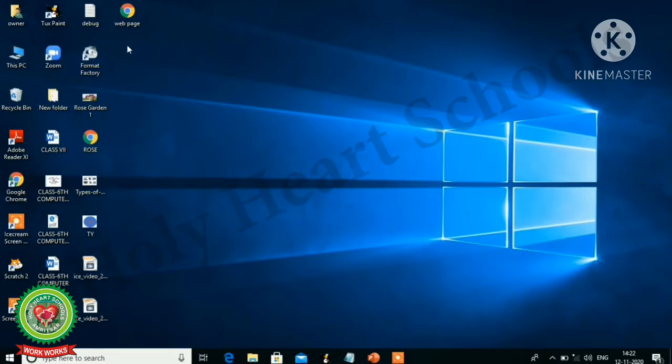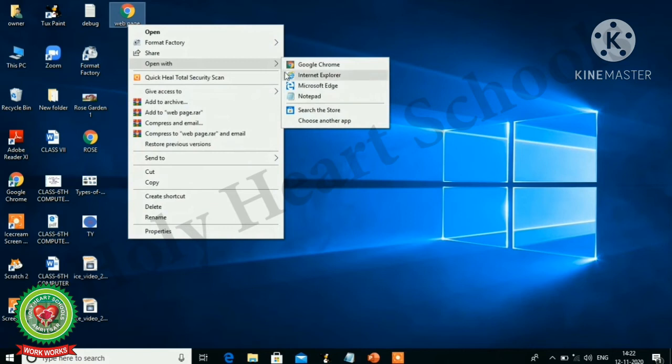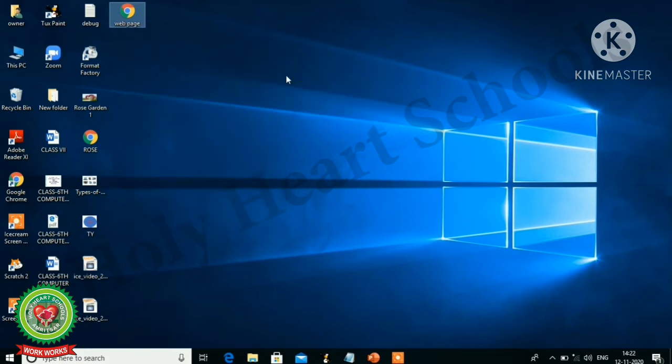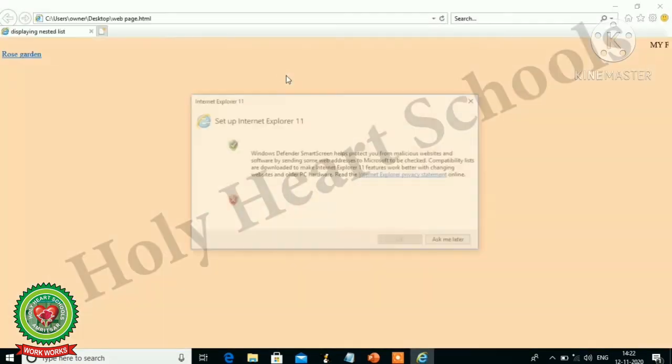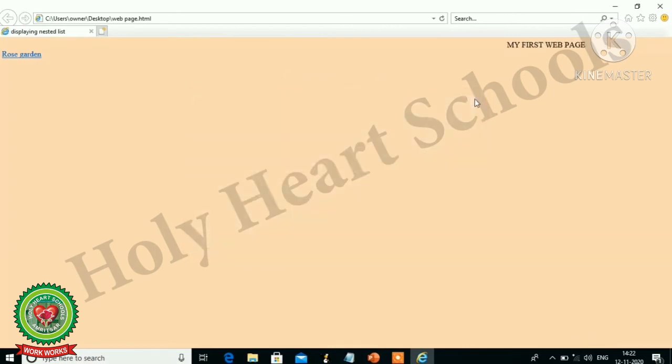Right click on the web page, open with Internet Explorer. Now here you can see the hypertext, that is rose garden, and when you click on this rose garden, it will show the rose HTML file.